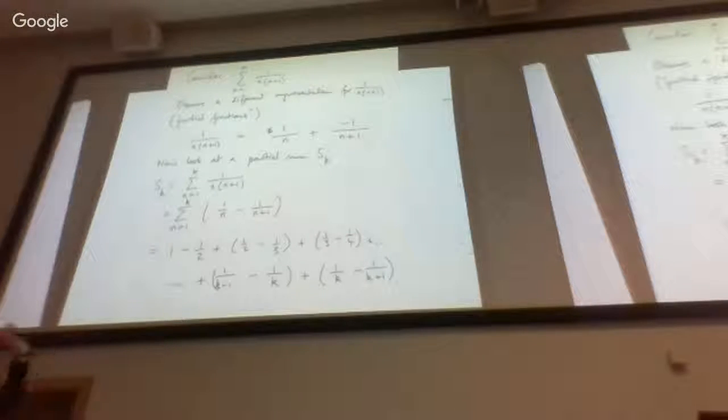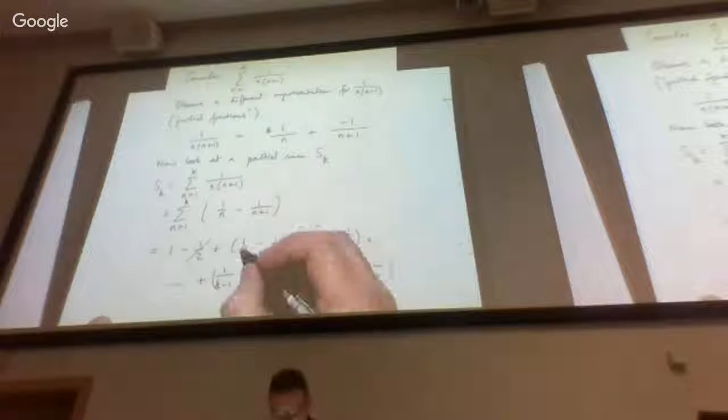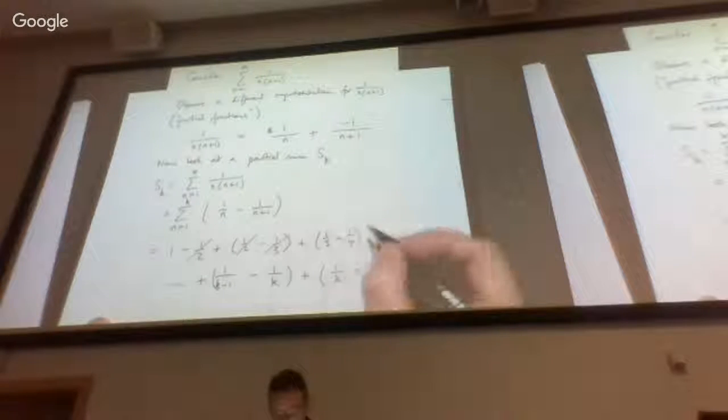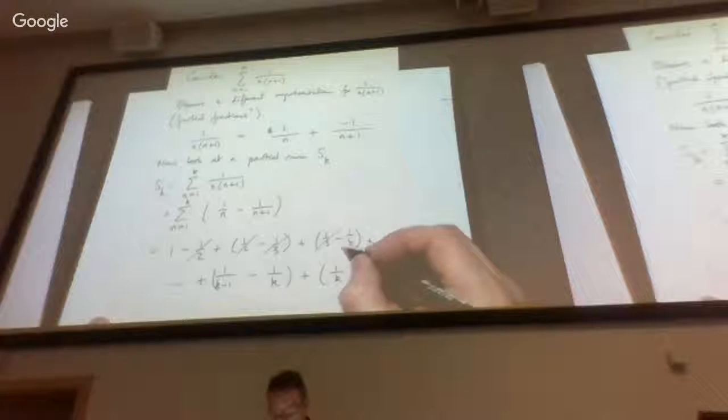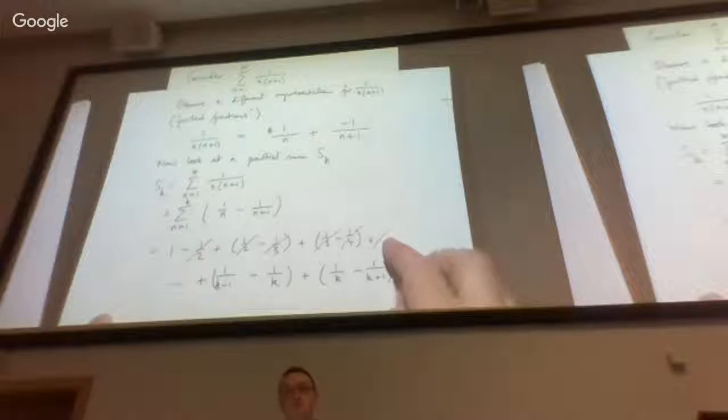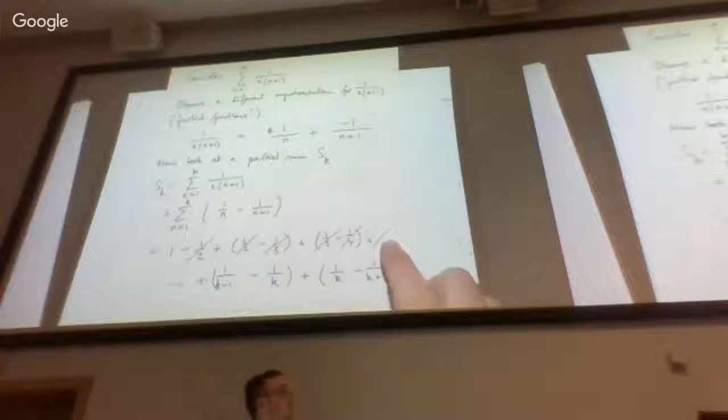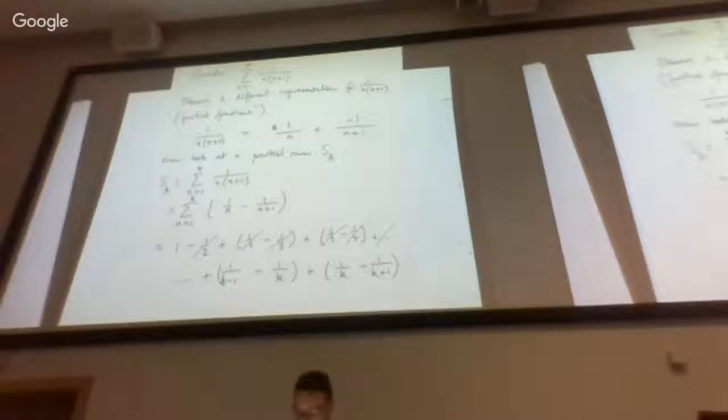Now most of the fractions there are repeated twice. Or most of the fractions in that expression occur twice. Once with a positive sign and once with a negative sign. So most of them cancel. This minus a half cancels with plus a half. This minus a third cancels with plus a third. This minus a quarter will cancel with the plus a quarter, which is going to follow it. I haven't written it in, but it does. In the same way, this